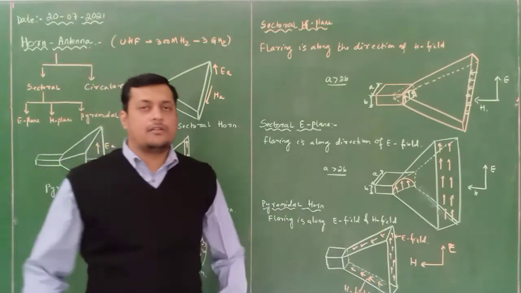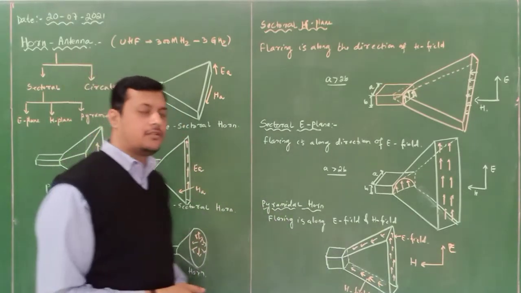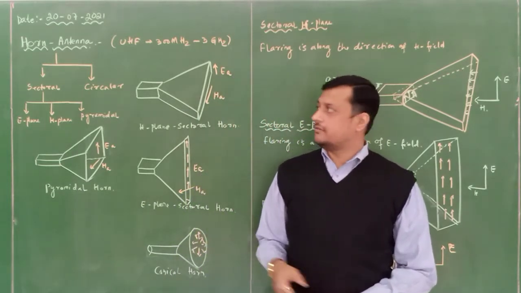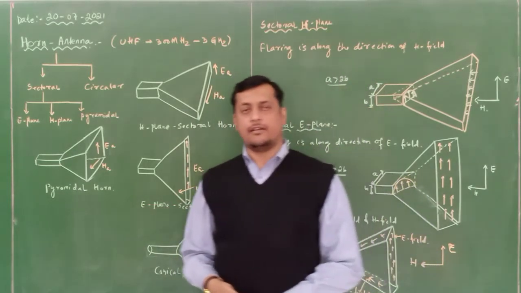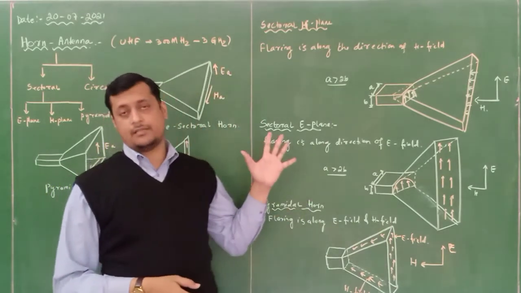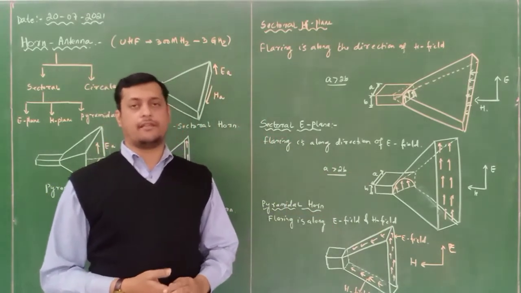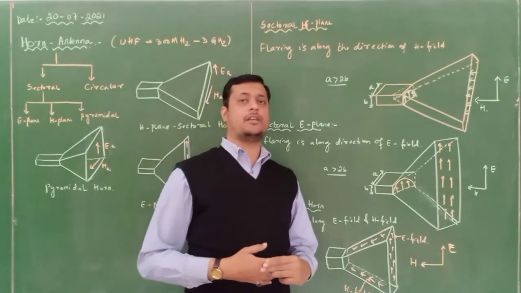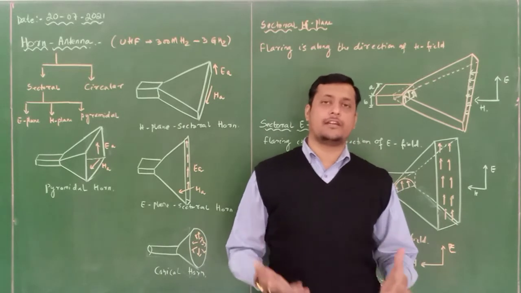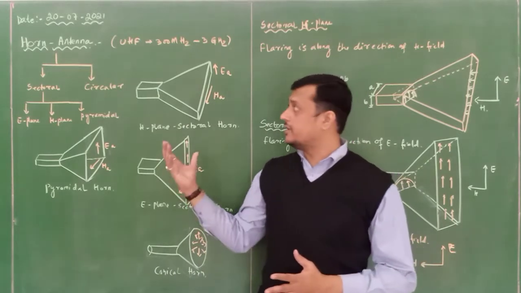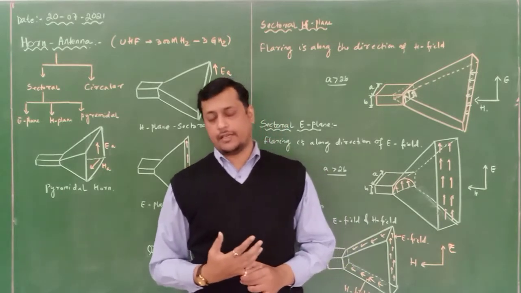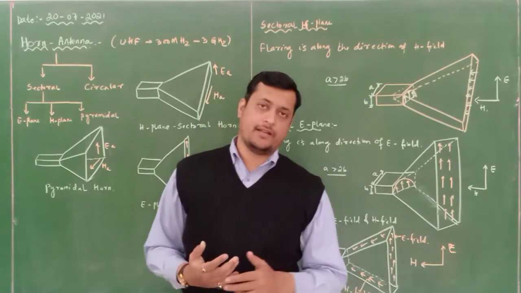So good morning all. Today we are going to discuss the horn antenna. We are left with only two parts: one is this horn antenna, and one is the helical structure. Depending upon these structures, we are going to discuss the construction, its geometry, its working principle, and how the electric and magnetic fields are going to be identified with respect to these sorts of devices. Okay. Two more parts are left.